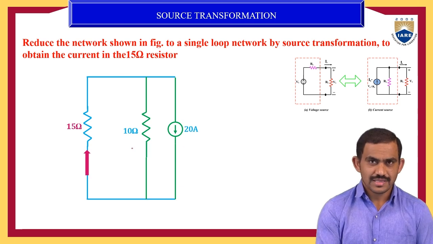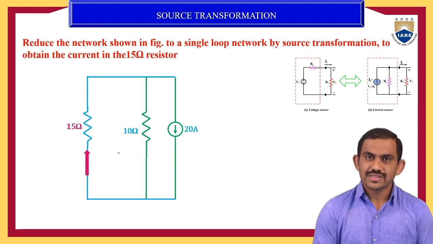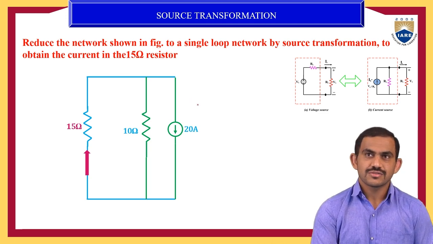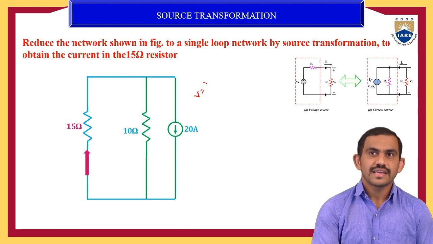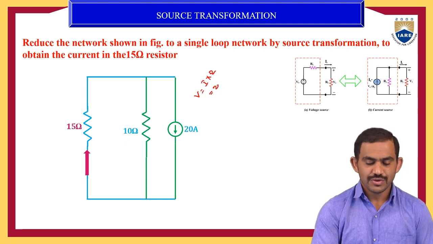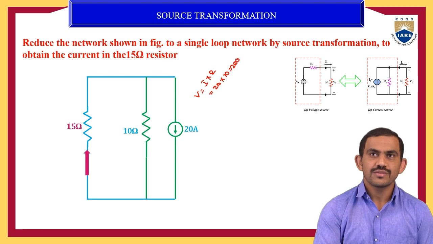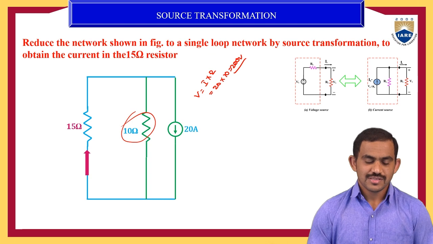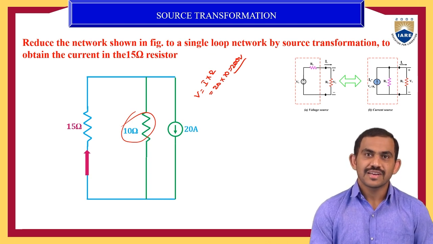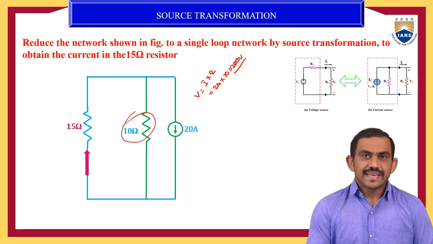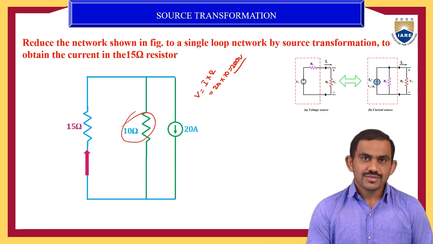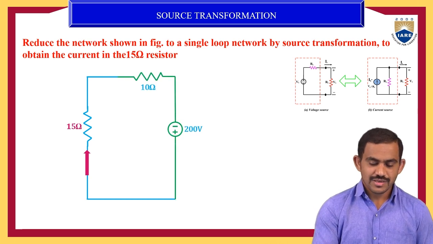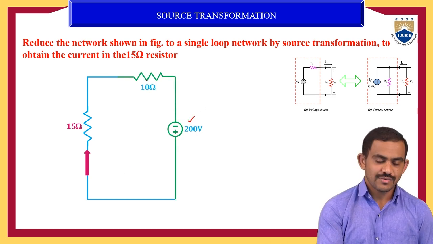Current source and resistor converted to voltage source and same resistor. Again, I want to convert that current source, means V equal to I into R. So what is the I value? 20 into 10. How much? 200 volts we will get. Resistor is 10 ohms, but your voltage is 200 volts. Now, same circuit. Here I am converting 20 amps as well as 10 ohms to voltage source in series with that resistor. So voltage source in series with same resistor, 200 volts as well as 10 ohms.